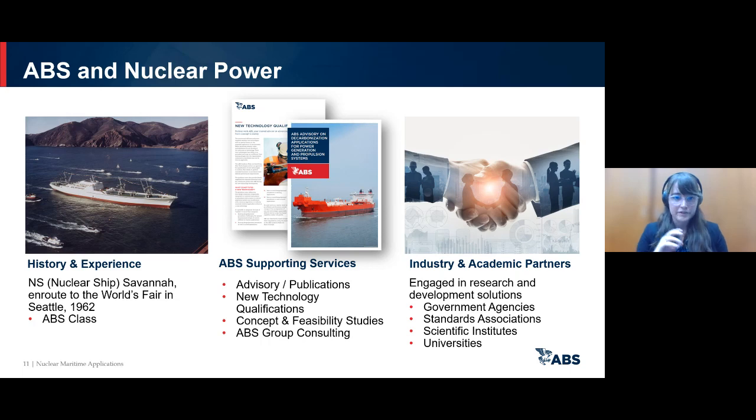So my office in Houston is doing a lot of this work, but we also have a big research center in Singapore, in Korea, and Athens, and a lot of work's done in London and Copenhagen as well on various marine technological activities. One of these partnerships includes the Maritime and Nuclear Applications Group, MNAG, which is put together, I guess, by ABS and NRIC and a law firm